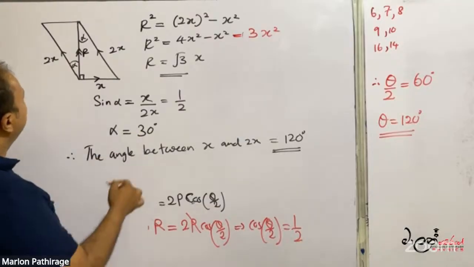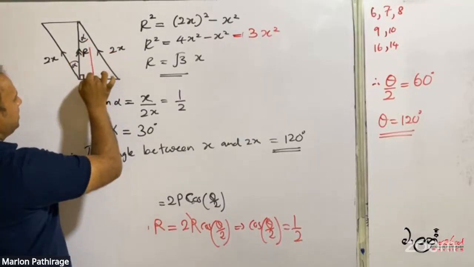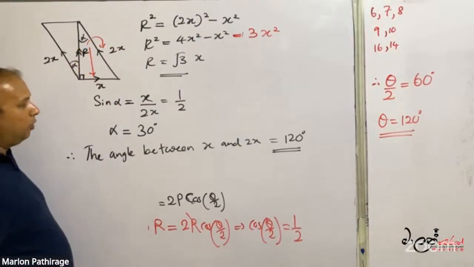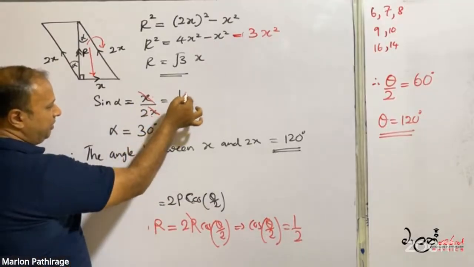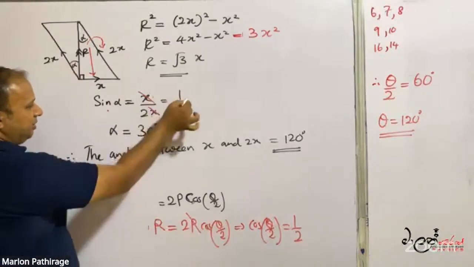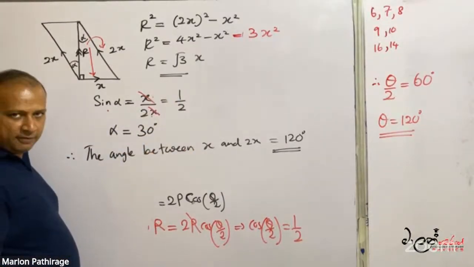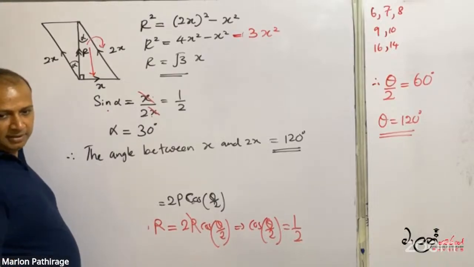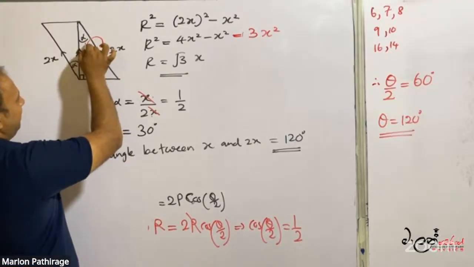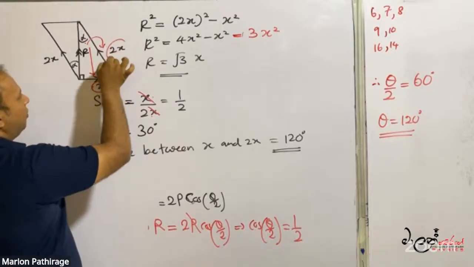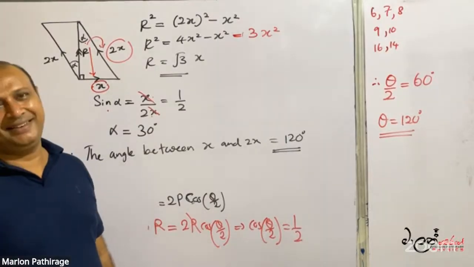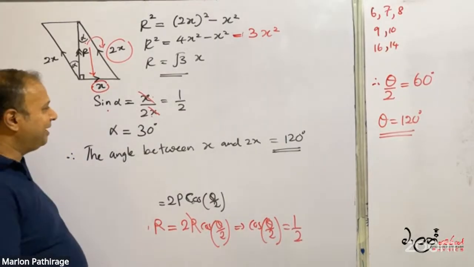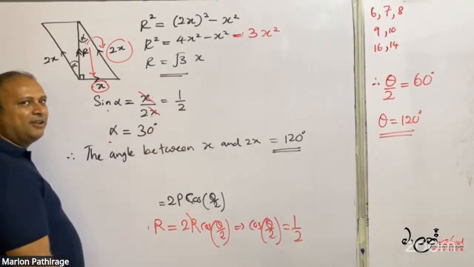Sin alpha is equal to opposite side over the hypotenuse. Opposite side is x, hypotenuse is 2x. The x and x will be cancelled out, that means this is half. Therefore sin alpha is equal to half. Therefore alpha is equal to